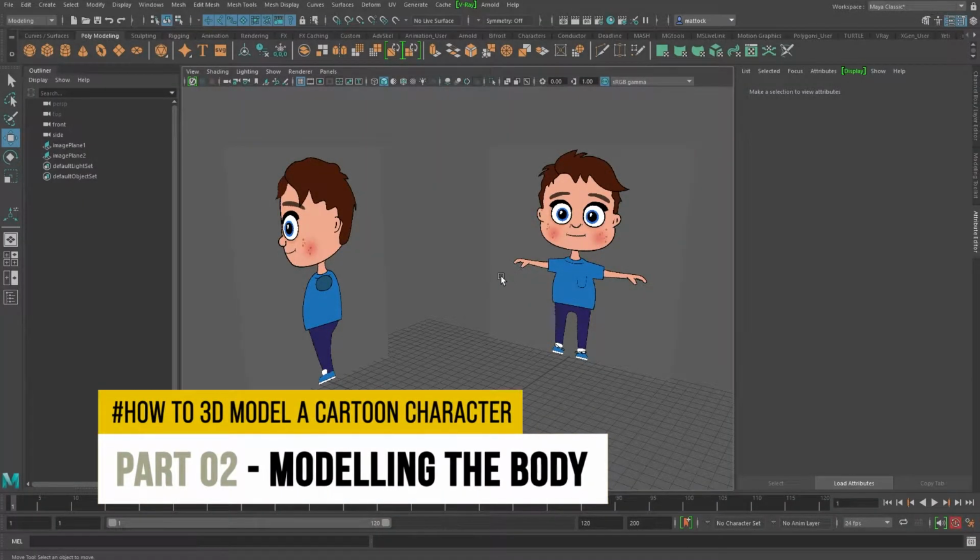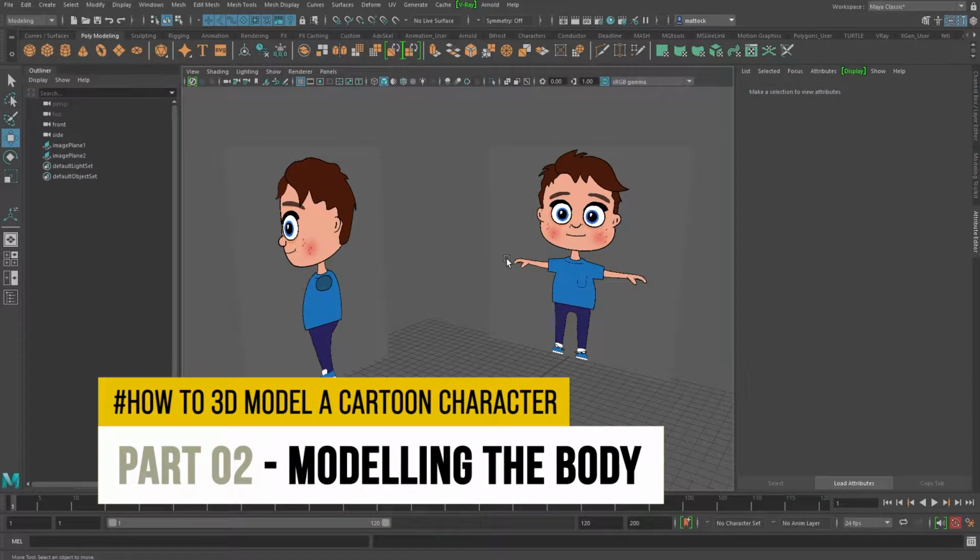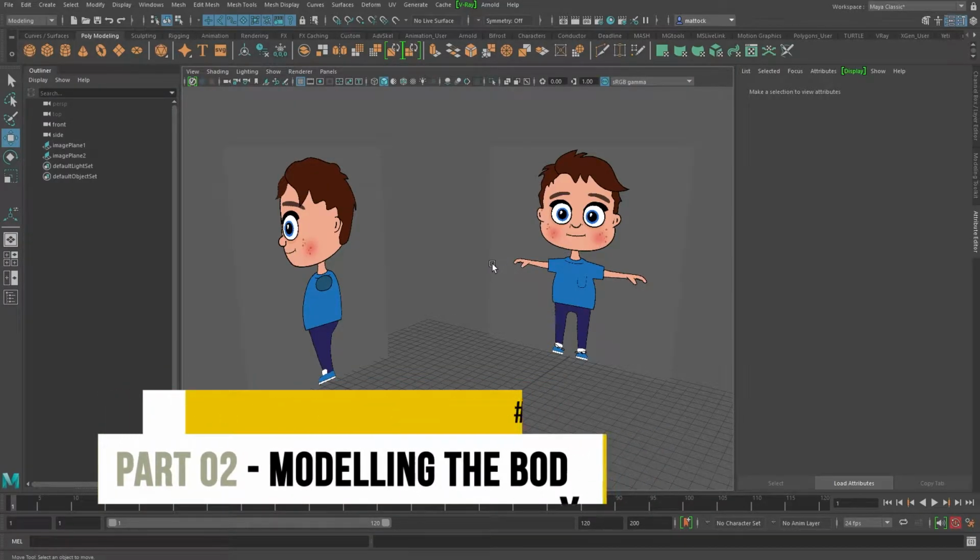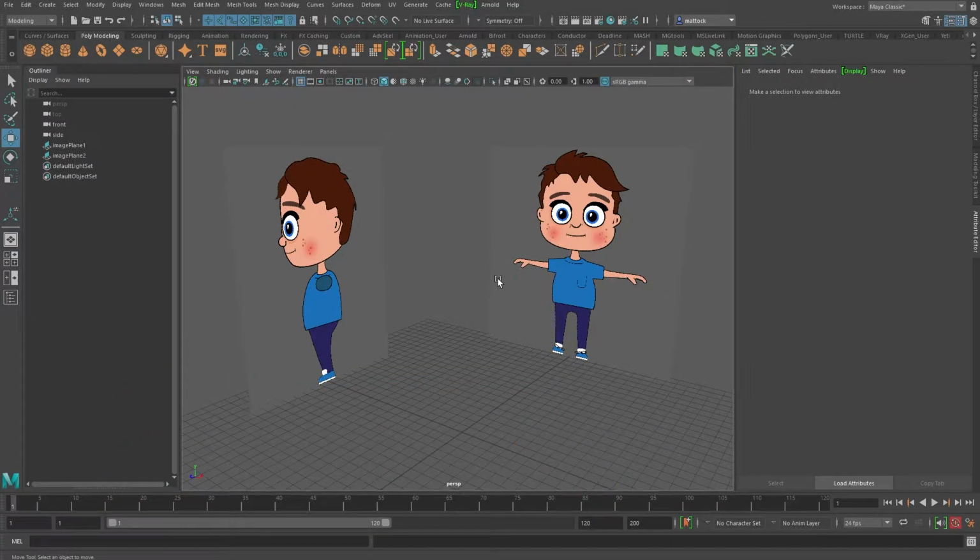Okay, let's start modeling this character. So this is called polymodeling, and also sometimes referred to as box modeling. Now, there's no rules to follow. It's kind of sort of, you need to just get used to it, to go with the flow, and basically refine shape until you get to where you want.